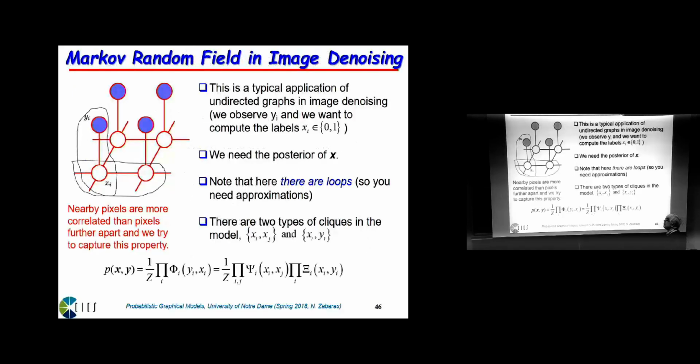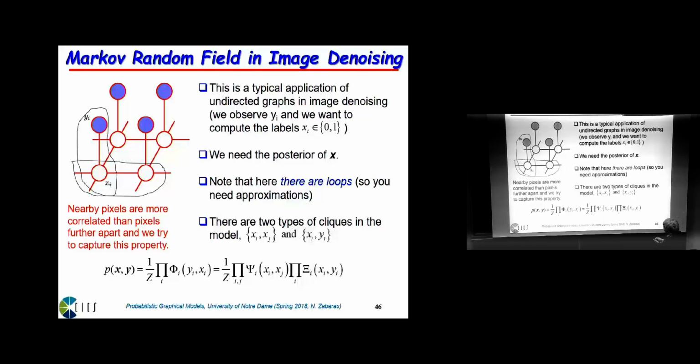Okay, so let me do a very standard problem, in 4 minutes. Every textbook in machine learning and graphical models has this problem, and this is a problem related to image denoising. So you can think of xi representing pixel values, which can be black or white, let's say binary,